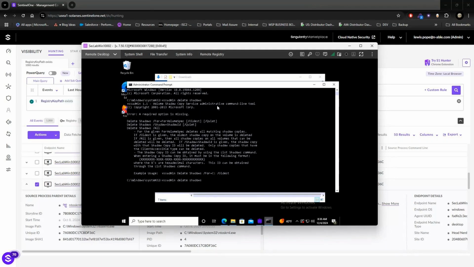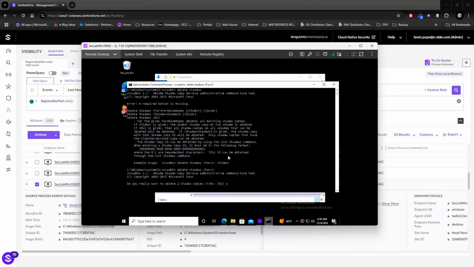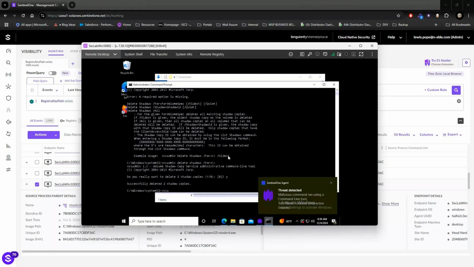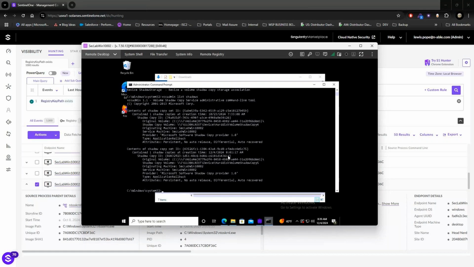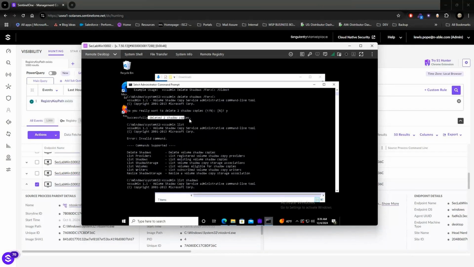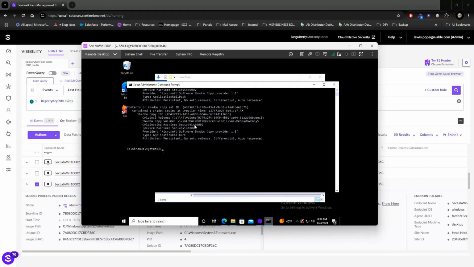But whenever you go through this, we'll go for C here. So yes, but those copies are still there. So it said there were two. I deleted them. It told me that it deleted those two copies successfully, but yet those two copies are still